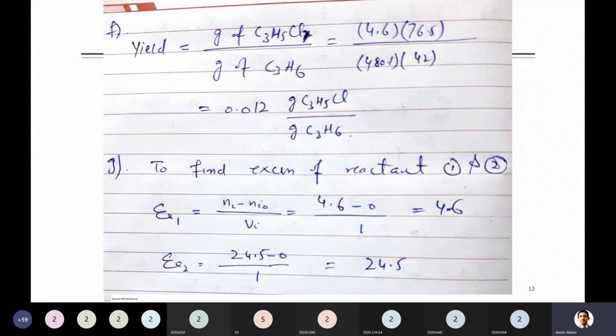What is the mistake here, by the way? Can you look at it? It will be 680.1. Yes, 680.1, because the moles of C3H6 were 680 at the inlet. This is the yield based on the amount of product divided by the amount of reactant entering the system, and that reactant was C3H6. He asked us to do the calculation based on C3H6, so it was 680. Here it's a misprint. So 680 over 40 multiplied by 42, its molecular weight, so you get grams: moles multiplied by molecular weight. So this is the yield, 0.012 gram of C3H5Cl to gram of C3H6.